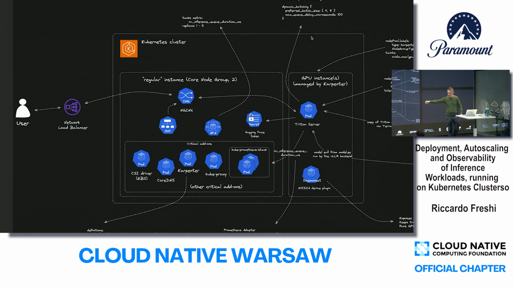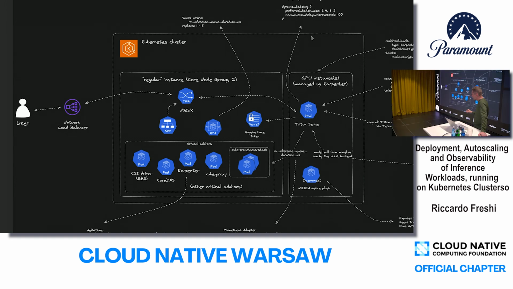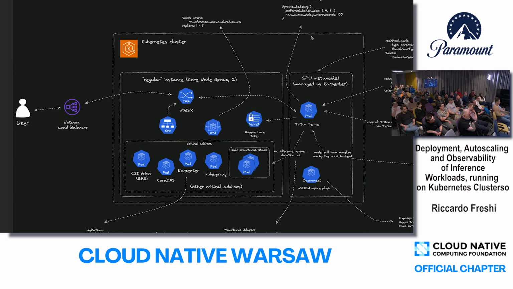So starting from the left, you can see that we have a big, large area which I named the regular instance. This is a group of instances which are managed node groups. So when we started the cluster, that is the first group of instances which is created. It's set to 2. You can, of course, scale it out and set it to a different number, but it depends on your workload.